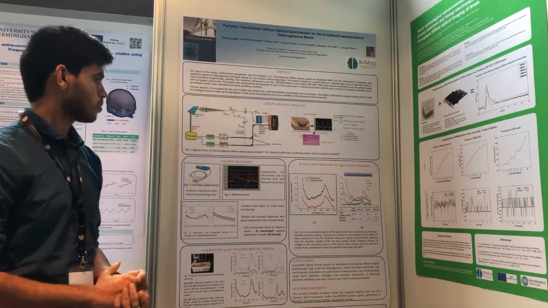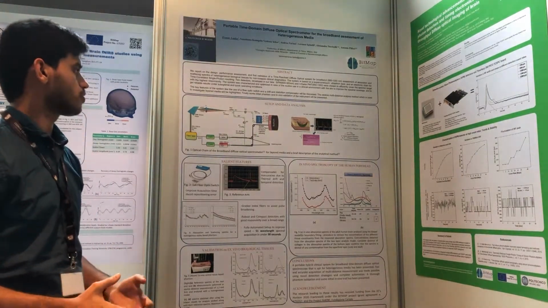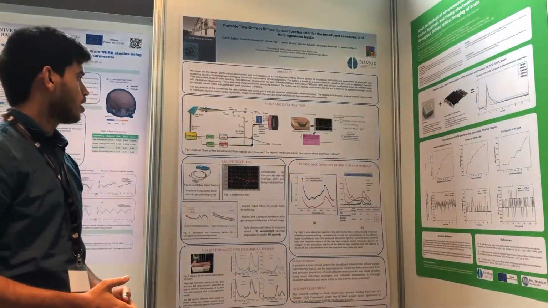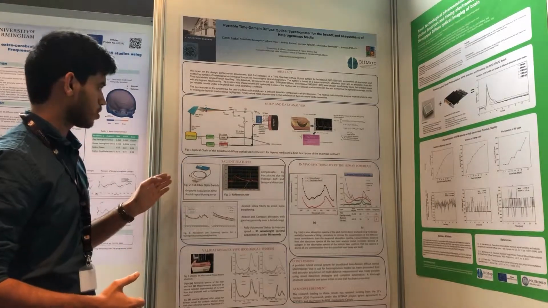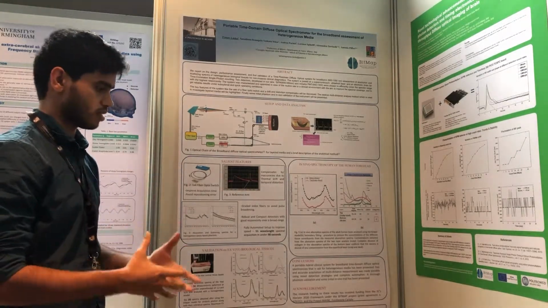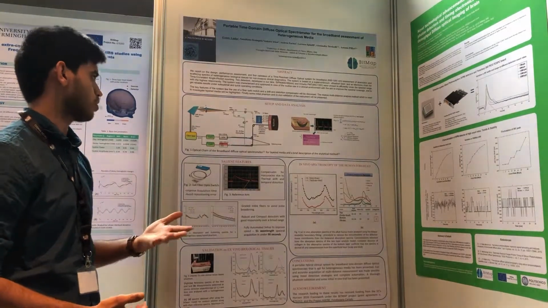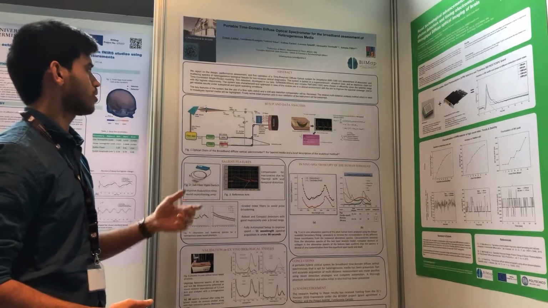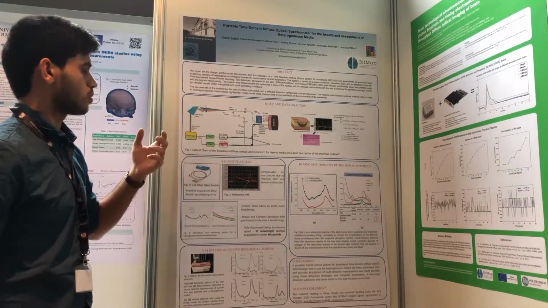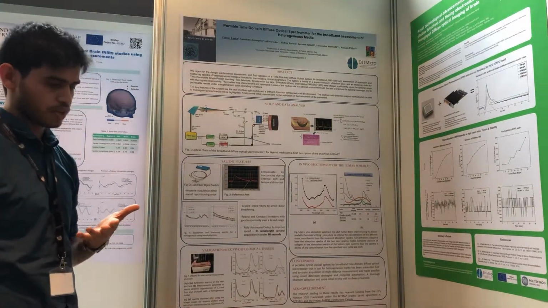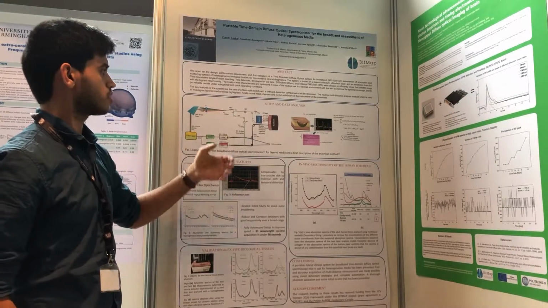So we have this supercontinuum fiber laser that has signal from 450 to 750 nanometers. It's from NKT, and this is on the signal side. The supercontinuum is then sent to a prism, and the prism is used as a wavelength selector. So you rotate the prism and focus the light into the source fiber using a lens. By rotating this prism, you can choose your wavelength, and this source fiber is then sent through a